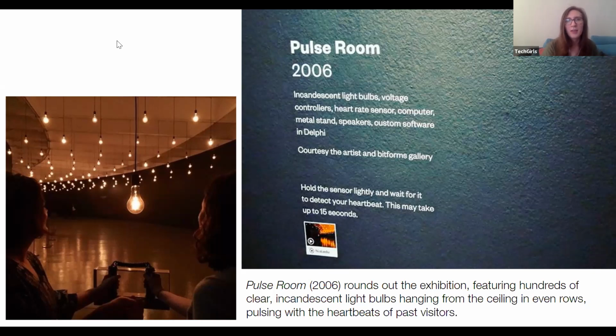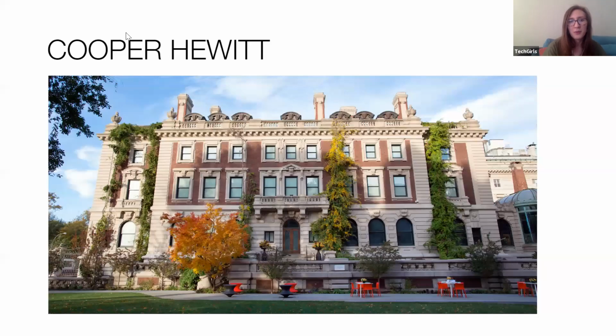But finally, I want to be sensitive to time. So we'll talk about the last example, which is the Cooper Hewitt. I find this to be a really interesting museum because on first look, it just looks like any other boring, old-fashioned institutional museum. Like, what's so special and interesting about it? But it is the only museum in the US that is exclusively devoted to design and to innovative design, specifically to help people through different kinds of objects and functional